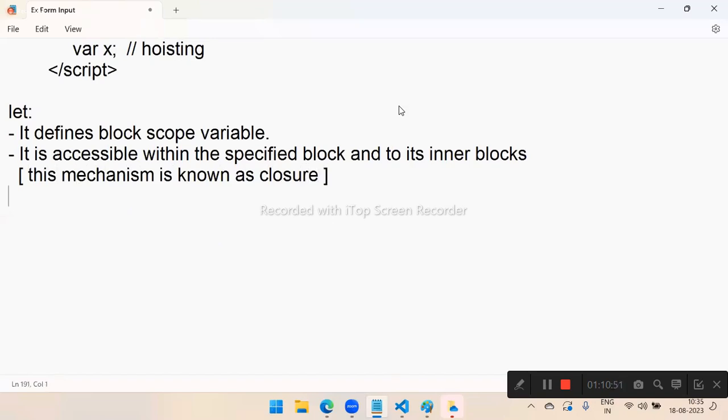What mechanism? Declaring in a block and making it available to its inner blocks. That mechanism is called closures. We call it closure. Closure is a mechanism where outer block contents are accessible to inner, but inner block contents are not accessible to outer. So that is the closure mechanism, and very important, it